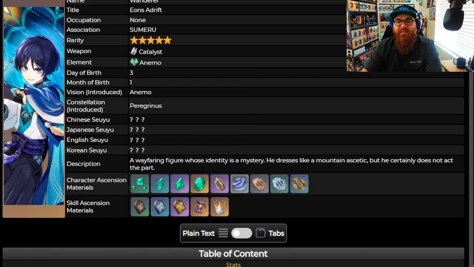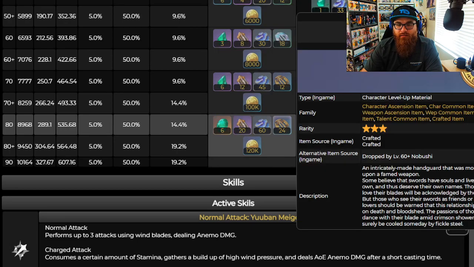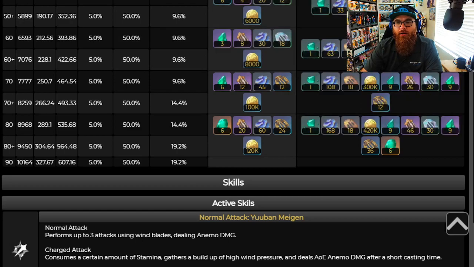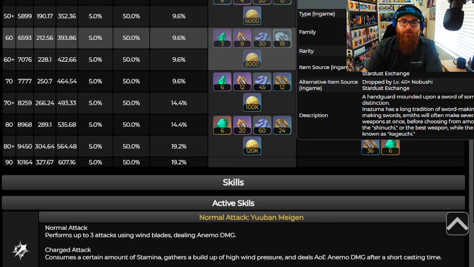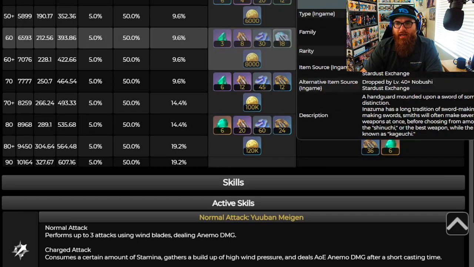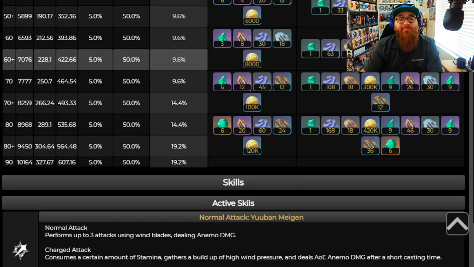Now, the last things for the character ascensions, we're going to go over right here. As you can see, we have the handguards again. These little thingies. There's the Famed Handguard, there's the Kageuchi Handguard, and then, of course, we have the Old Handguard. In total, you're going to need 18 of these Old Handguards to ascend him from 1 to 90. You're going to need 30 of the Kageuchi Handguards. And then you're also going to need, in total, 36 of the Famed Handguards, which seems like it's not a lot,